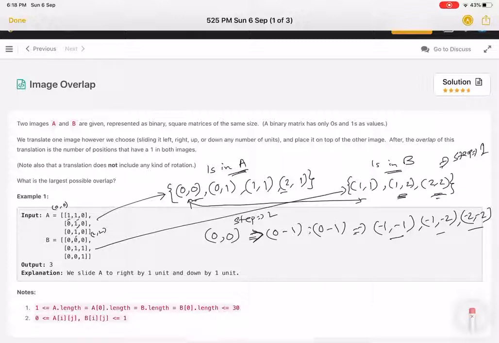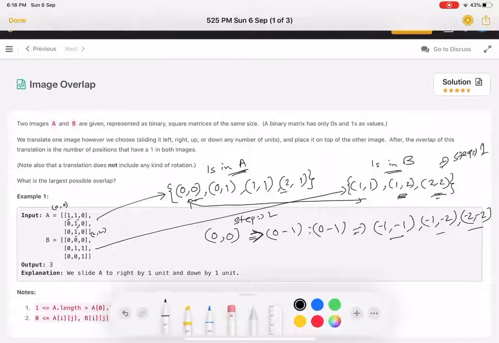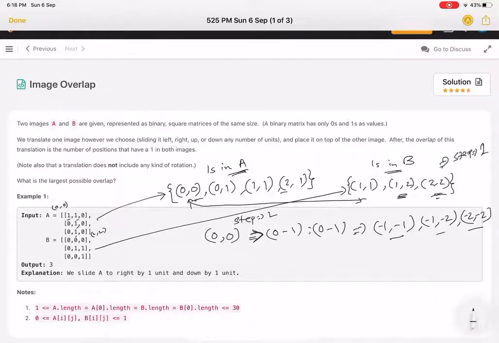If I take a vector like this, minus 1, sorry for this, it is all about B, because I am taking a difference from A to B.